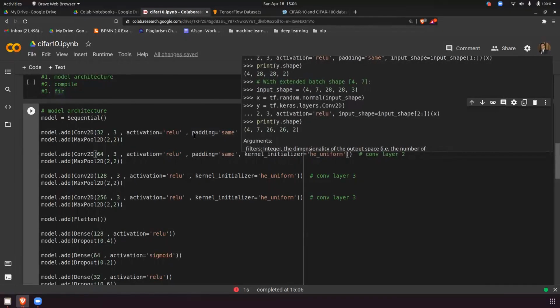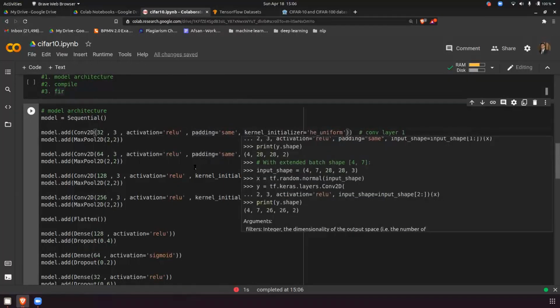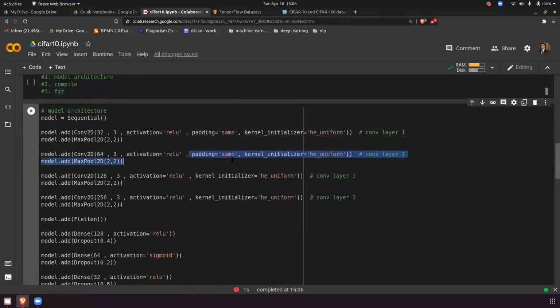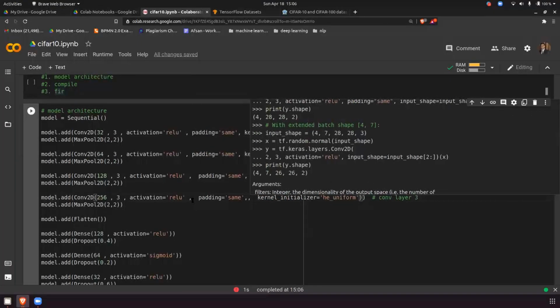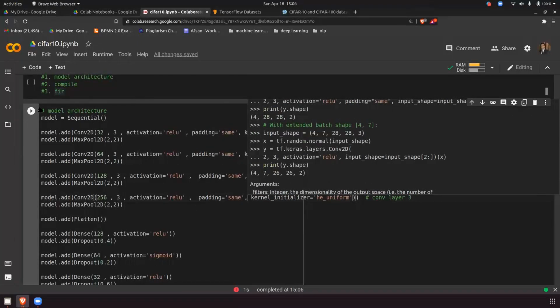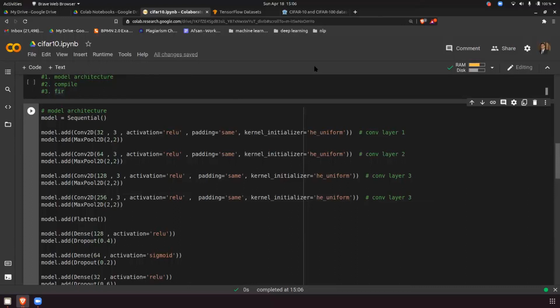Is it clear? So this is what you have to take care of. You have to do same here also, and same here also. Now if you try to run this, it will run.